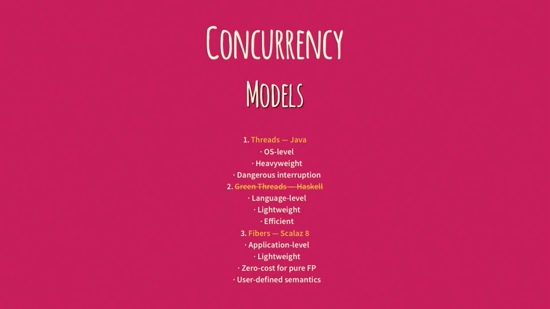So the concurrency model that I chose for Scalaz 8 is a fiber-based concurrency model. And a fiber is very much like a green thread, except it's implemented in user land. So this is implemented as a library. And they're super lightweight. They actually have zero cost for pure FP. Pure FP imposes its own sorts of costs because you're building these data structures and you're interpreting them to effects later. And it turns out that when you build an interpreter, if you build it in the right way, you can do fibers at literally zero cost. So there's no cost for us using them.